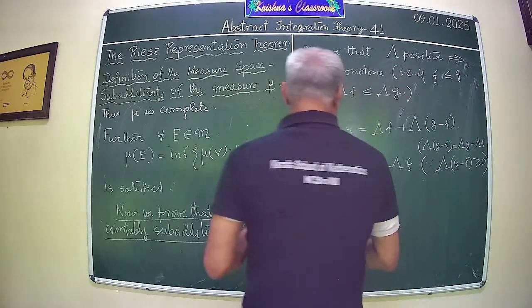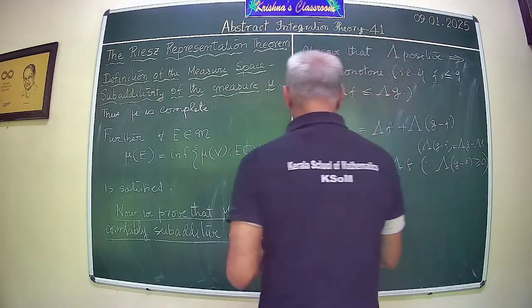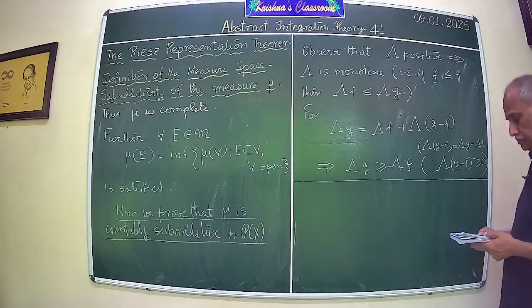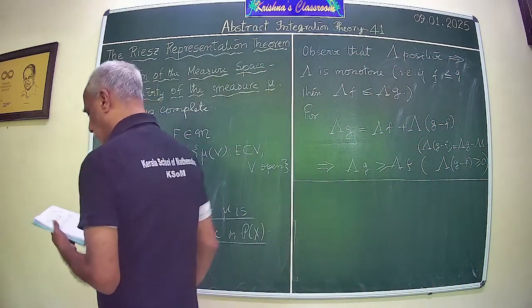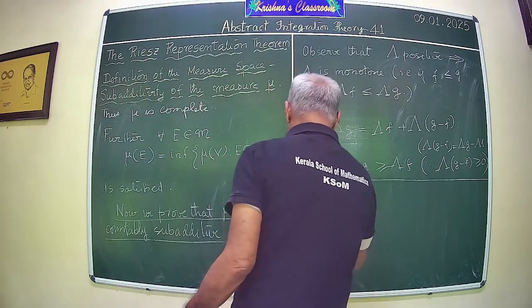So we observe that lambda F is less than or equal to lambda G, so that some monotonicity has been established. Now we are in a position to take up the countable subadditive property. Okay, so the first step is